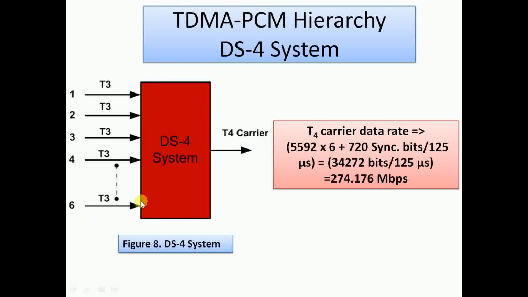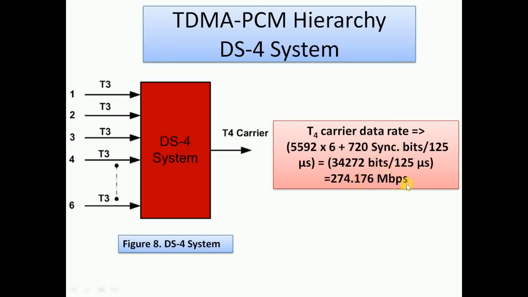We have 6 such channels, so multiplied by 6, plus 720 extra synchronization bits are added. So in total we have 34,272 bits, which are to be transmitted again in 125 microseconds. Thereby we have the T4 carrier data rate of